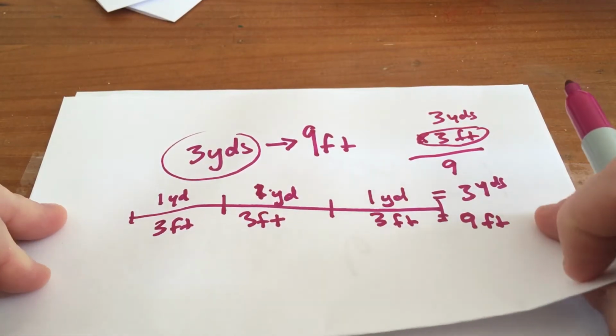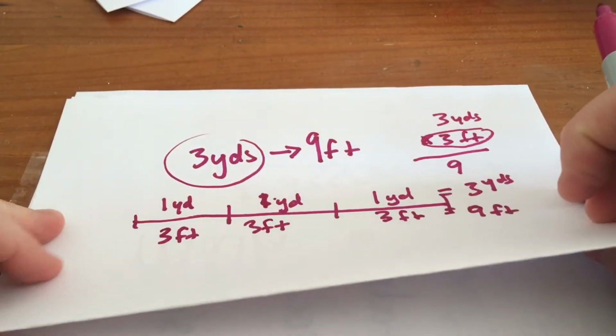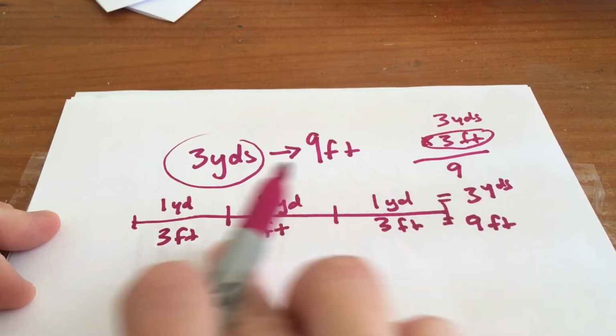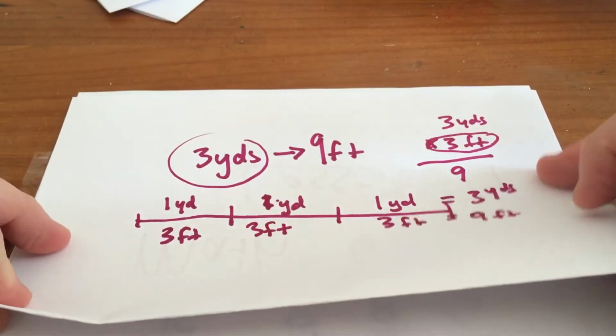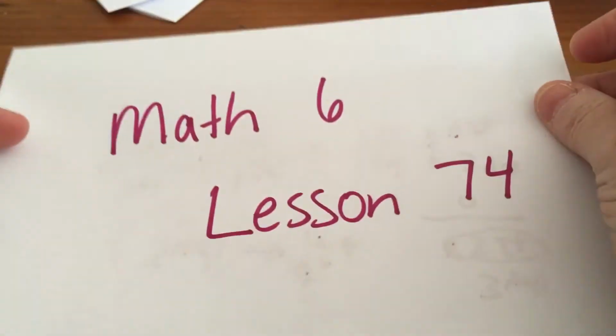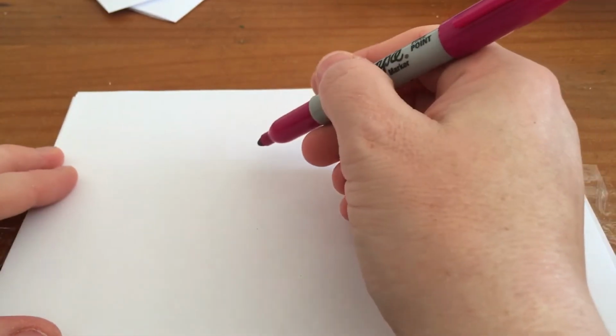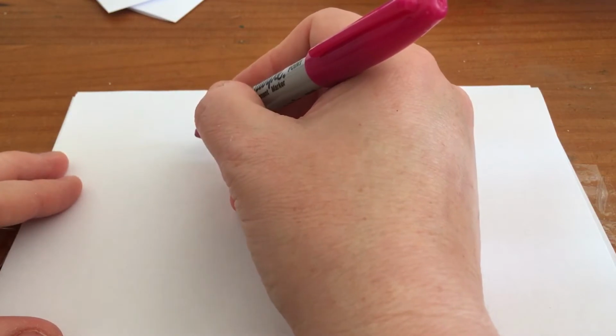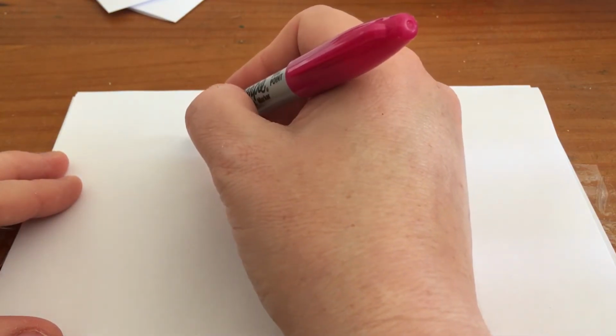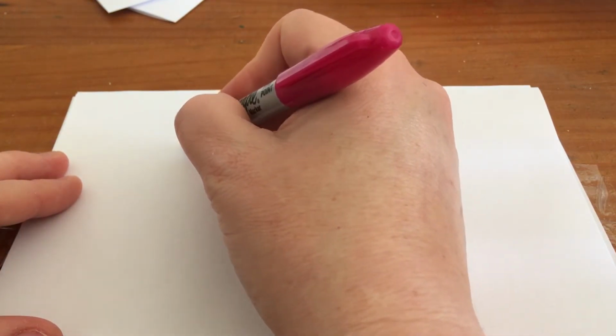But let's do a few more examples to practice, and I would like to see you draw out your pictures. By drawing out your pictures, it will help you to understand it more. Okay, let's do another one. Let's say they want to convert 4